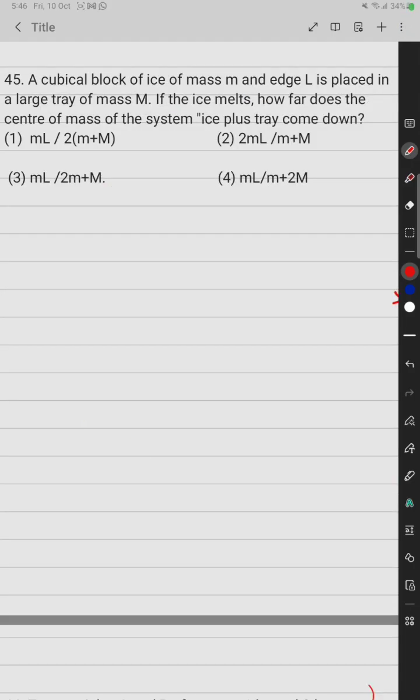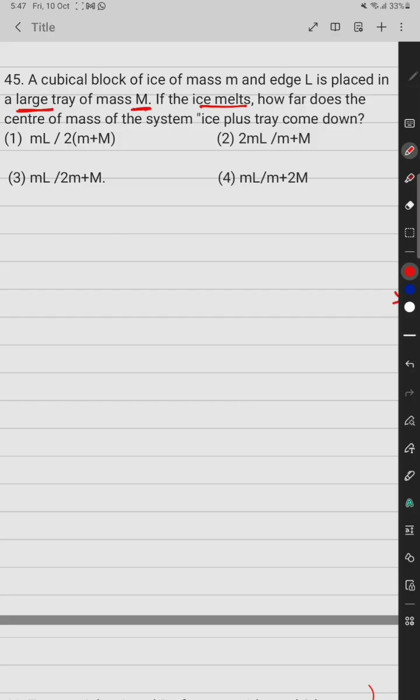In this question, a cubical block of ice of mass small m and edge of capital L is placed in a large tray. Very first thing, the large tray has mass capital M. When the ice melts, then the